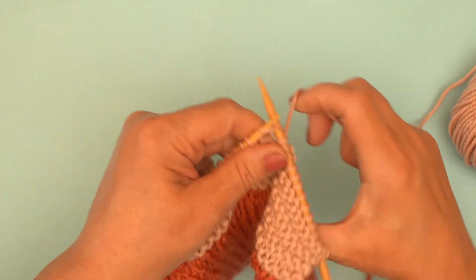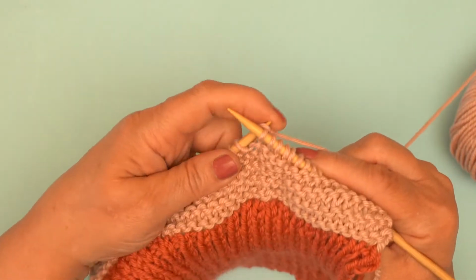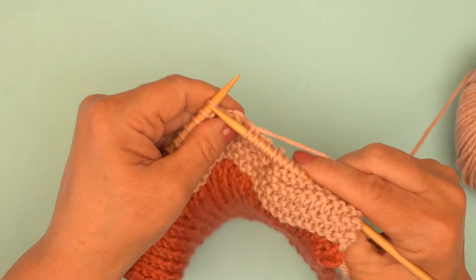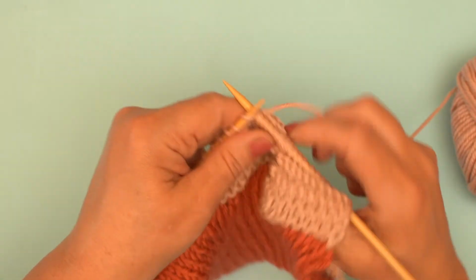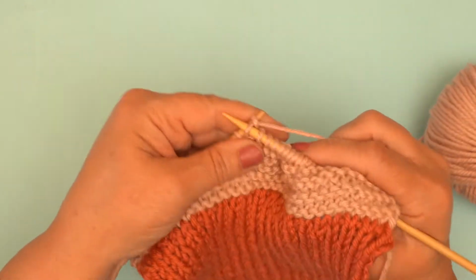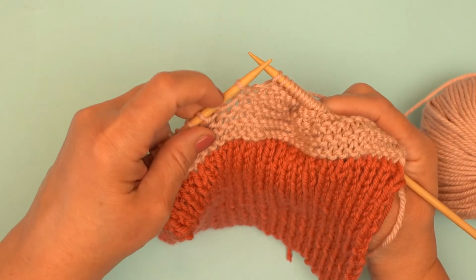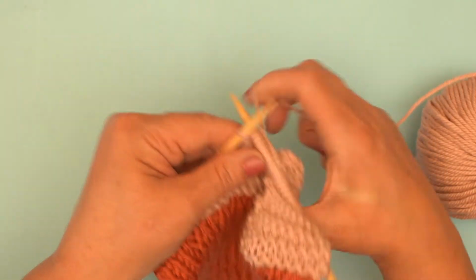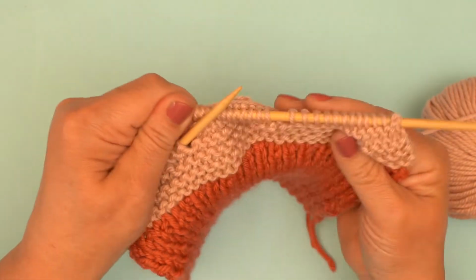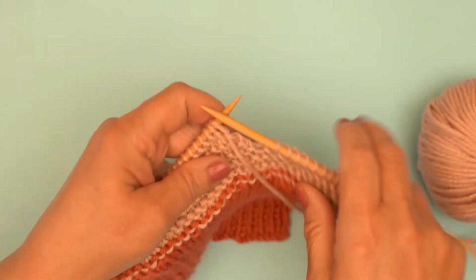So I'm going to carry on working the 12 stitches. Here we go. And then when we get to the end of the 12 stitches, and here you can tell you're coming to the end because there's a gap where you turned before. So that's the 12. We turn, and then